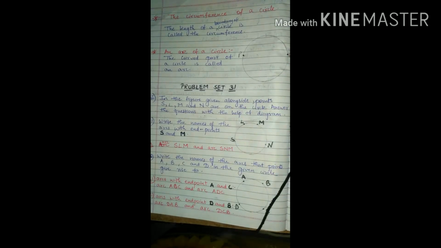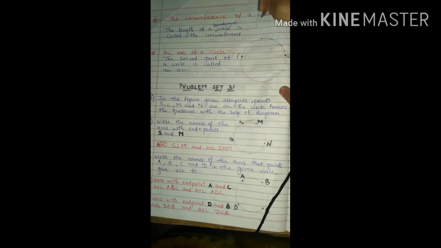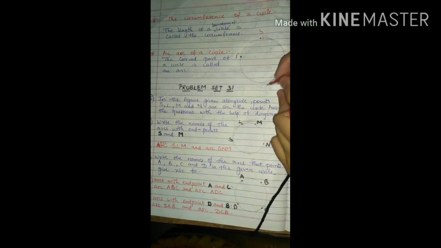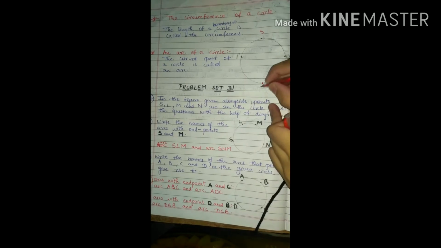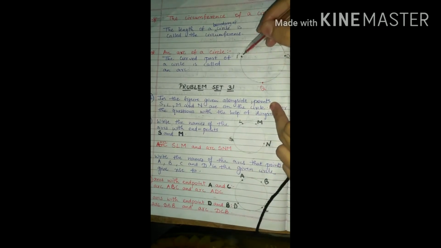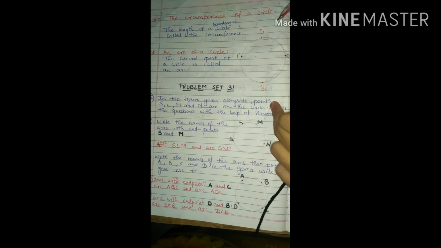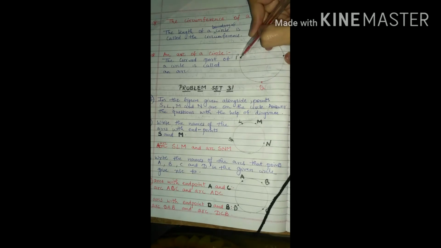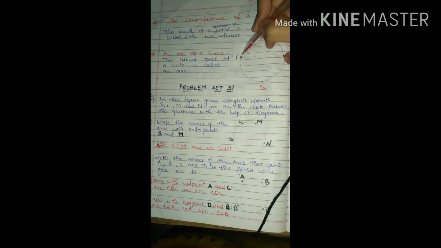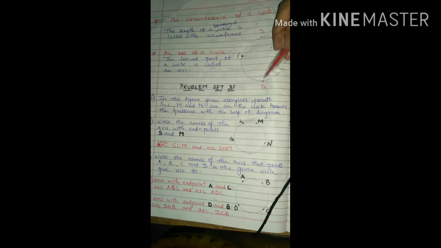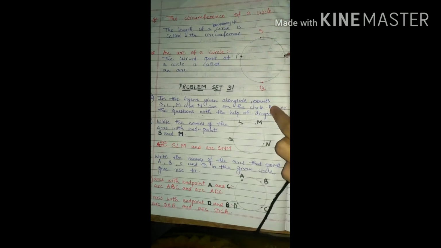Now if I take one point as S here and one point as Q here. Now the arcs with end points P and Q, how many arcs can you see? P and Q should be the end points. So how many arcs? These two points are the end points. So one arc is P, S, Q. Another arc is P, Q, P, Q. Okay, both are Q only.